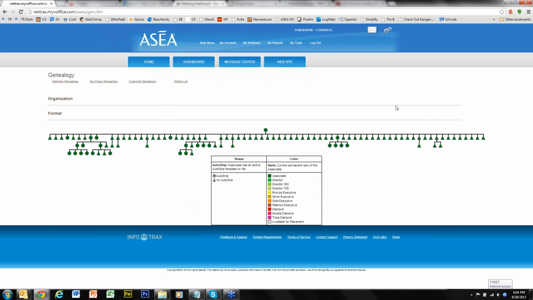Now this is your personal enrollment tree, through the 3 levels that we specified. Everyone frontline that you personally enrolled, you're seeing there on the screen, and everyone they personally enrolled beneath them, through just 3 levels. Every time you see a circle, that's someone who has created an AutoShip profile. It does not mean that that AutoShip profile is currently active, and we're going to clarify that more in a minute. Everyone who's a triangle does not currently have an AutoShip profile,